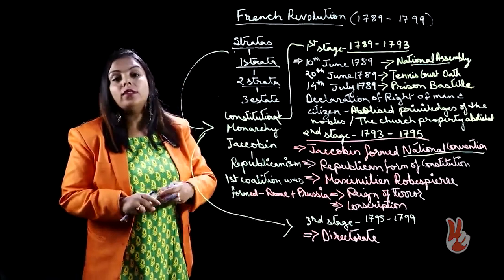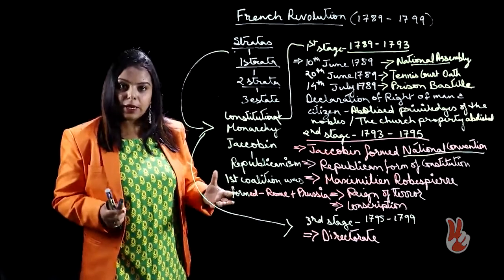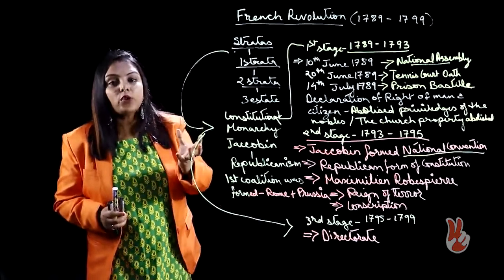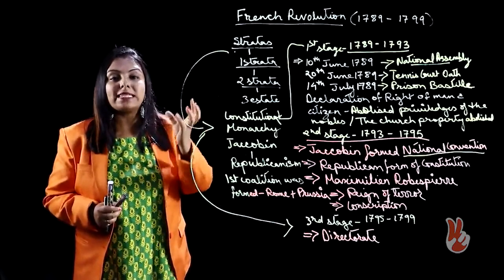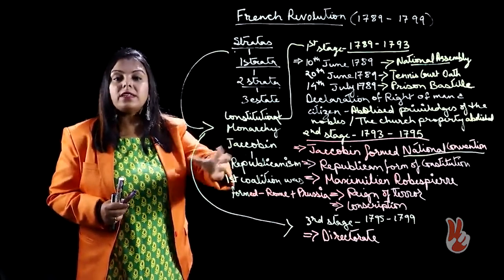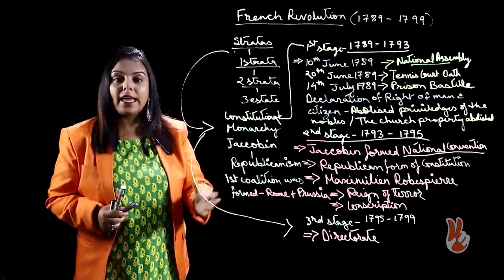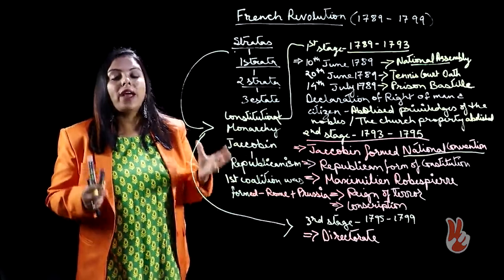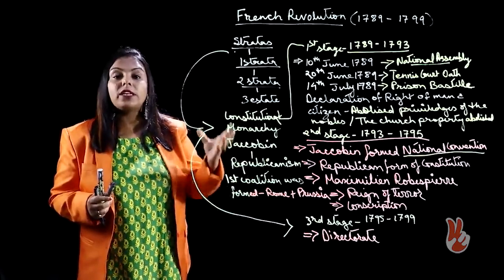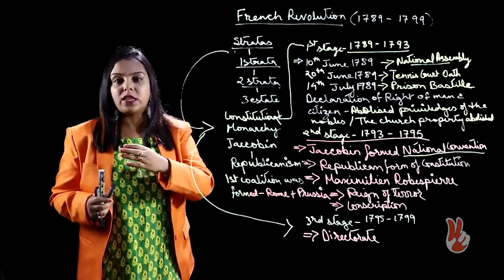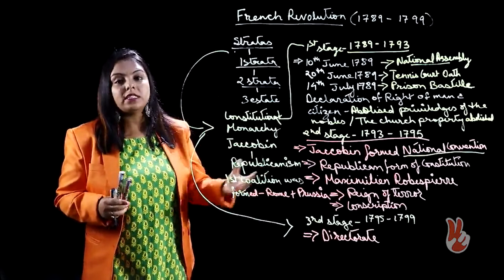What did they do? The Directorate did introduce a legislative assembly, but the executive was kept in the hands of a few bourgeois class people who represented the nobility and the bourgeois section of French society, and these people were permanent. There was no concept of election as far as the executive was concerned. The executive was not responsible to the legislative assembly.